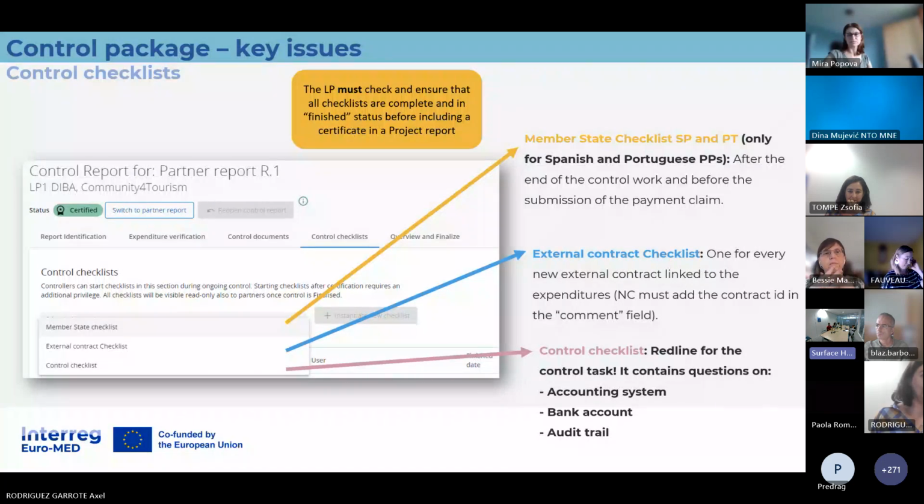Even if you check it now and you see that there's no contract ID in the comment field, it can still be added afterwards. Even after submission of the checklist, you can change the description and add the ID of the contract. That would be very useful for us, so we can identify the contract that this checklist is talking about. Thank you.